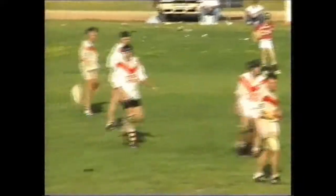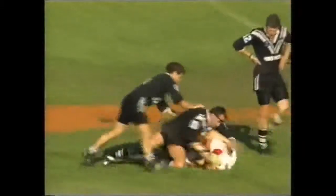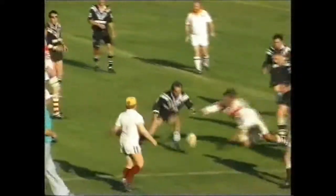Matty Pulowski, reverse pass, Parsons to Richards. On it goes to Luff. Luff comes inside, looking for an opening, but there's none there. The defence has been just too good in the middle of the park today for the Magpies. Here's Pulowski to Luffer to Chris Richards. Richards flick pass out the back, but it's